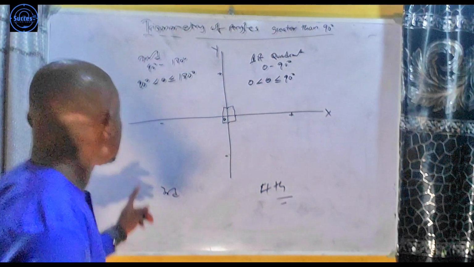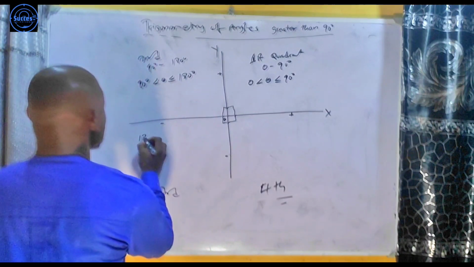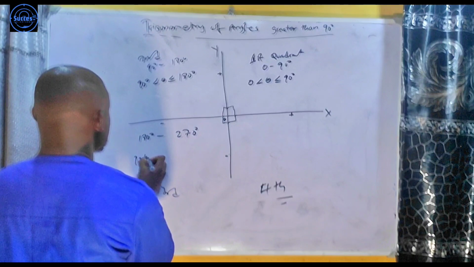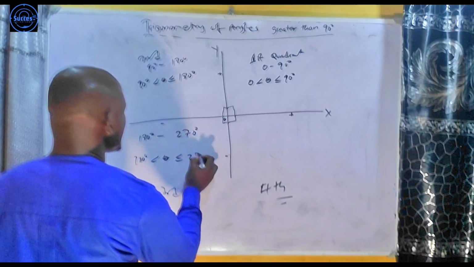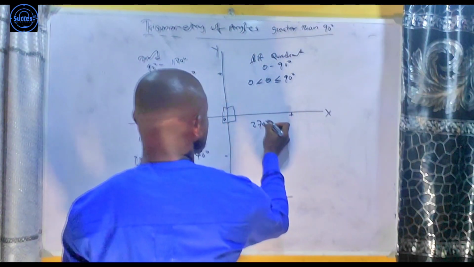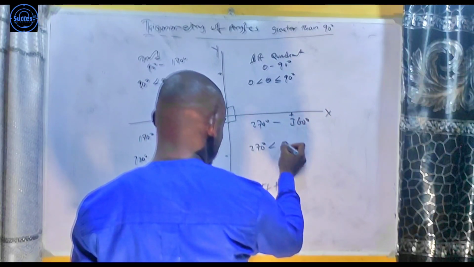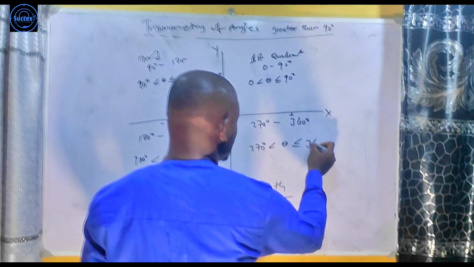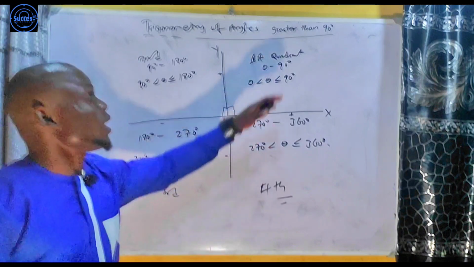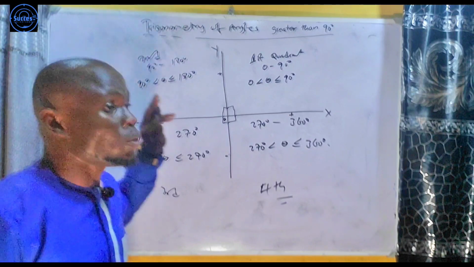So let's get here. In the third quadrant, what we are dealing with is angle between 180 degree and 270 degree, that is 180 degree less than theta less than or equal to 270 degree. And in the fourth quadrant, we are dealing with angle between 270 degree and 360 degree, that is 270 degree less than theta less than or equal to 360 degree. In each of these quadrants, we have a value for our sine, a value for our cos, for our tan, and a value for our